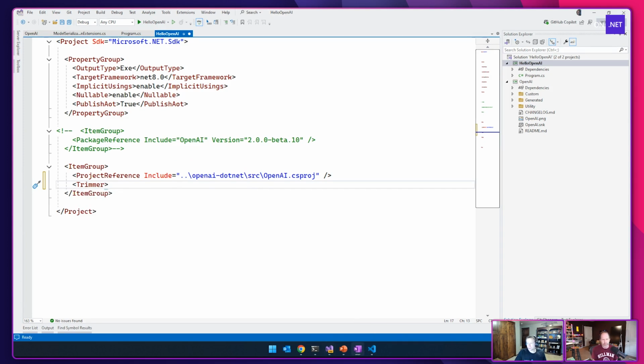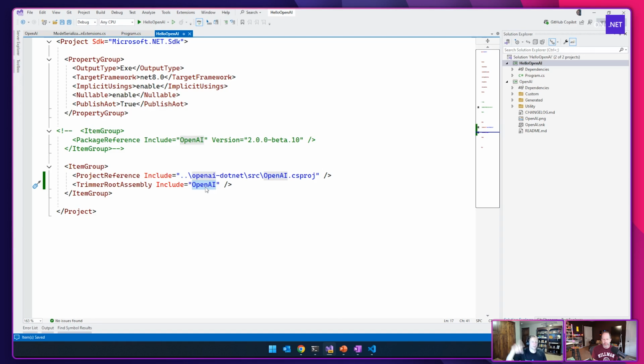And then you put this TrimmerRootAssembly item to say, hey, Native AOT compiler, take the OpenAI library and pretend like all the public APIs inside of it are rooted in my app, or used in my app.